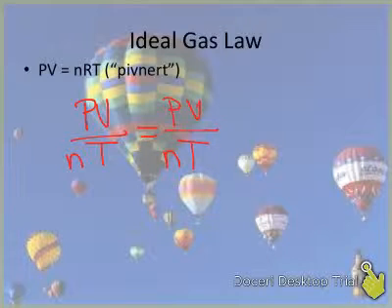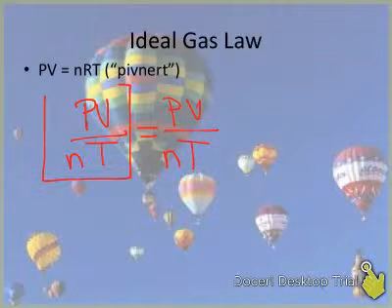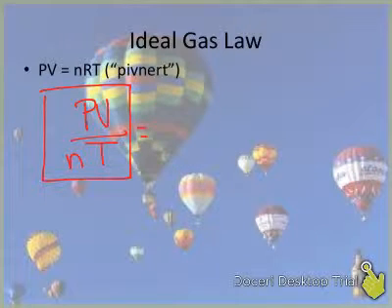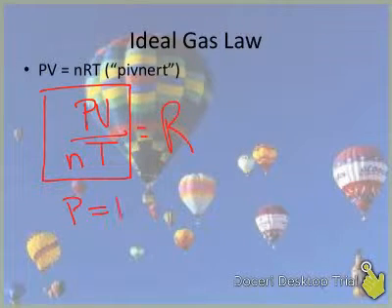But the ideal gas law says, well, we didn't really care about before and after. We need some sort of equation in which we can find the information of a gas right then and there. And so what they did is they took one half of this and set it equal to some rate. And what they found is if pressure is at 1 atmosphere